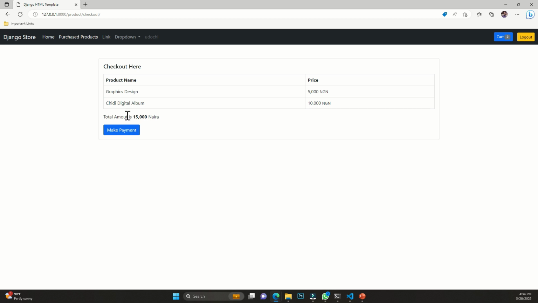All right. So checkout gives me the total amount that I have to pay, which is 15K. So 10 obviously plus 5 is 15, and I'm going to pay 15K for this. So I'll just click on make